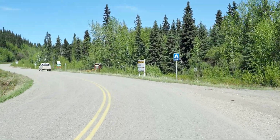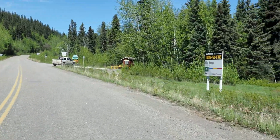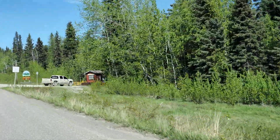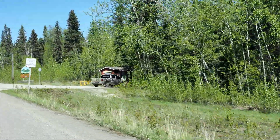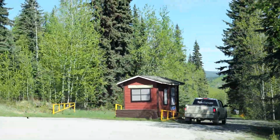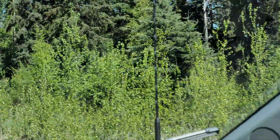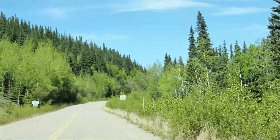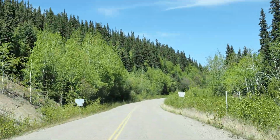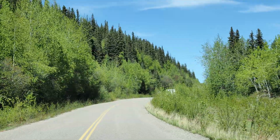Okay, starting on the top of the World Highway. I'm not sure if I've shown you the entrance, but that's the entrance to the campground. What a wonderful campground that was, the Yukon River campground. It was really good. All right, it's off to Alaska, except actually it's going to be south to Alaska, because